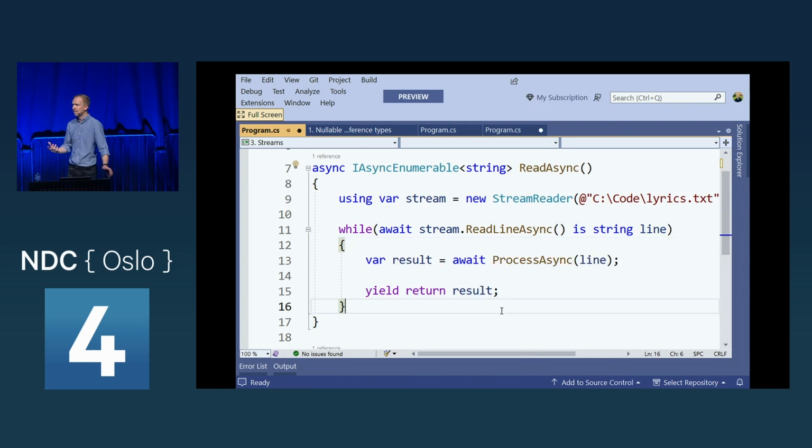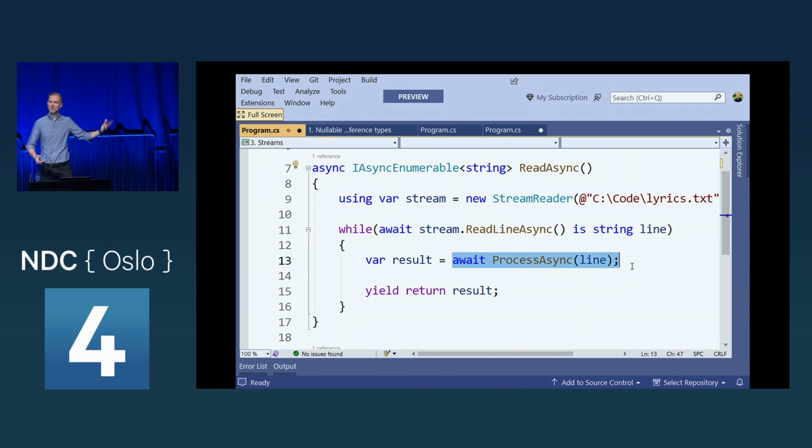It's quite handy. In previous versions of C#, if you did this in C# 8 or C# 7, you'd have to write a little bit more code than this. So not only does it validate that it's set to an instance, it also captures this into the local variable called line. I can then say I want to process this line. This might take some time.